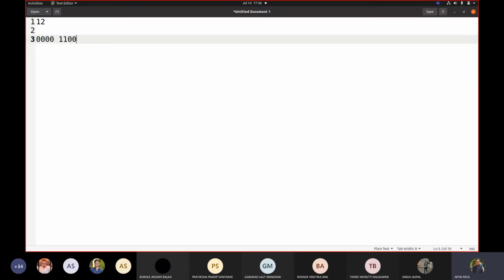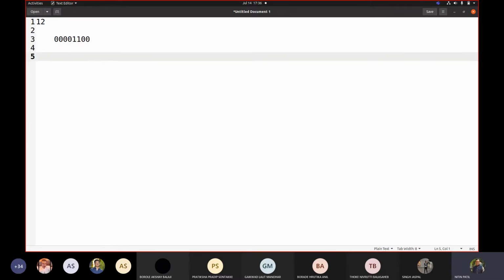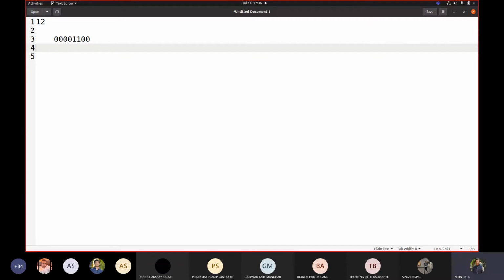Correct? Because this 12 is decimal, not hex. If it is hex, then that number could be different. But this is decimal 12. Correct? Now what is the one's complement of this? Can somebody tell me what the one's complement of this is?